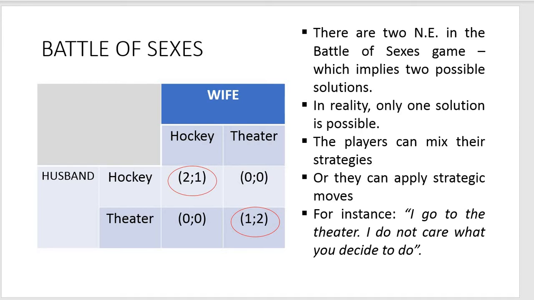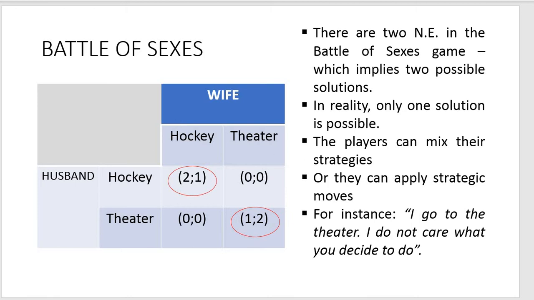So for instance, if any of the players somehow manages to persuade the other player that he or she will choose only one option, then we have only one equilibrium in this game. For instance, the wife can say, I will go to the theater. I do not care what you decide to do. Even if I end up in the theater lonely and sad, I will decide to go to the theater anyway. So I will never ever go to see hockey. I hate this. So basically it's up to you, take it or leave it, I will go to the